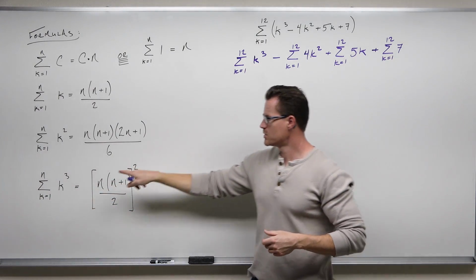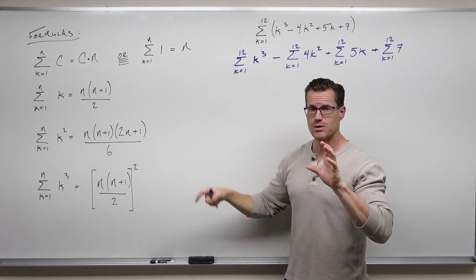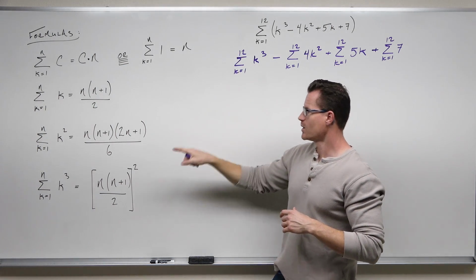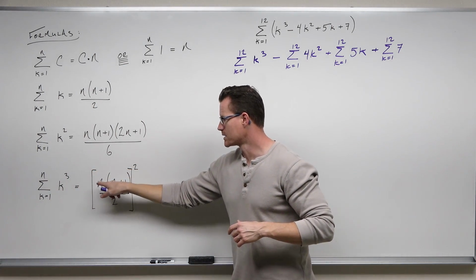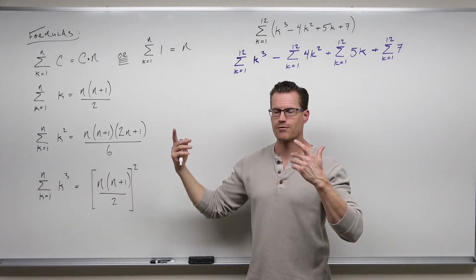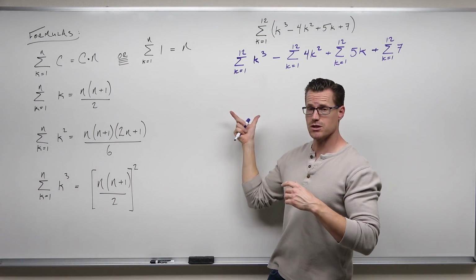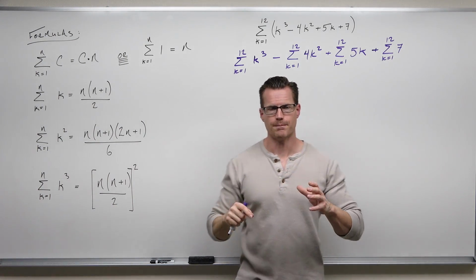This has a k cubed. That matches perfectly. That's the sequence for that mini series. And then it ends at 12. 12 is going to get plugged in here and here, and I'm going to square whatever, I think it was 78 that I said. 78 squared is what that is going to be. We're done with that one.